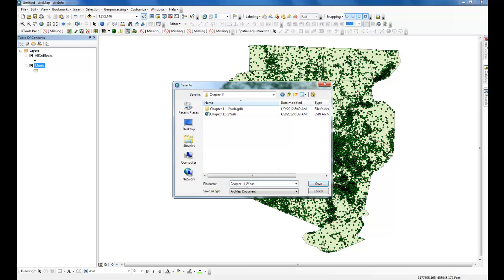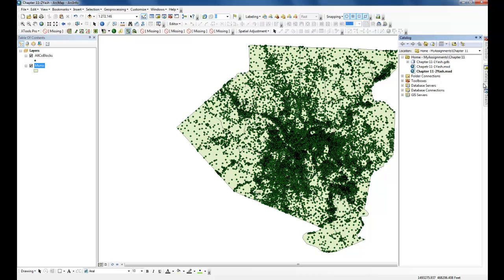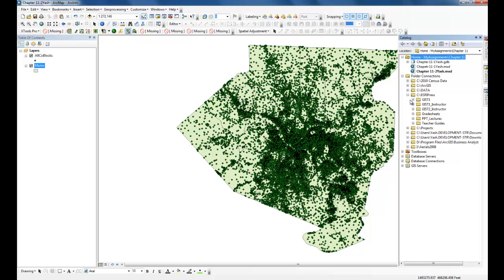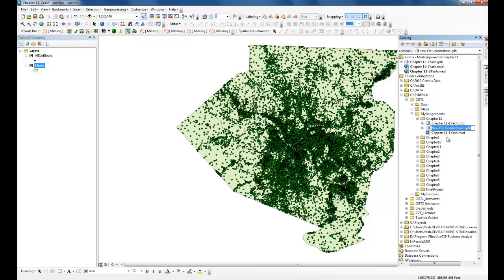I'm going to save it like that, and then I'm going to go to my catalog, go to my folder connections, SRI Press, GIS Tutorial-1, my assignments, chapter 11, create a new file geodatabase, call it chapter 11.2, and